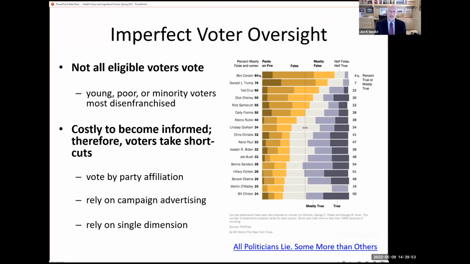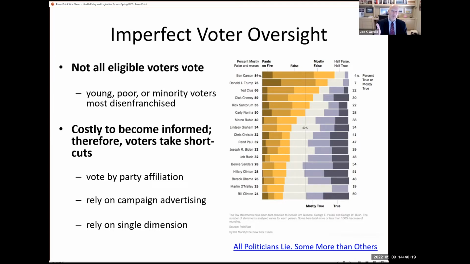The easiest thing maybe I can do is I'm going to be a single dimension voter. So here in the United States, it may be abortion rights, it may be gun control, and I'm going to go, I don't know anything about my elected official, but I know what their stance is on gun control. And I'm going to vote for the official that has the closest alignment with me on my most important issue. And I'm going to give up everything else as long as I can get this one thing that I really, really care about, right?